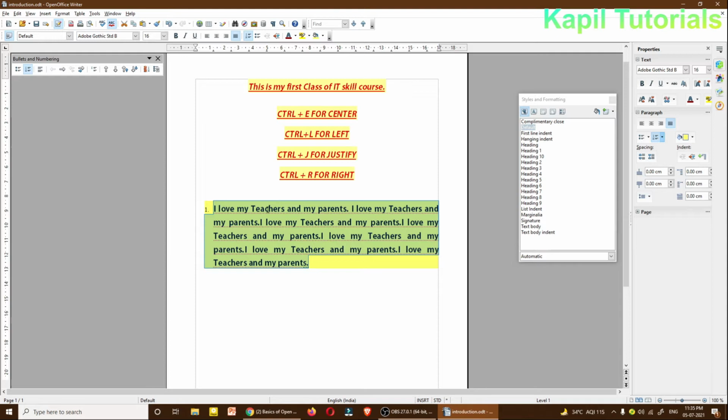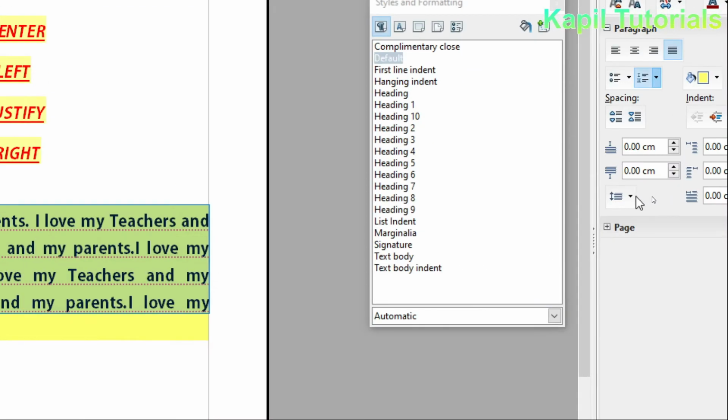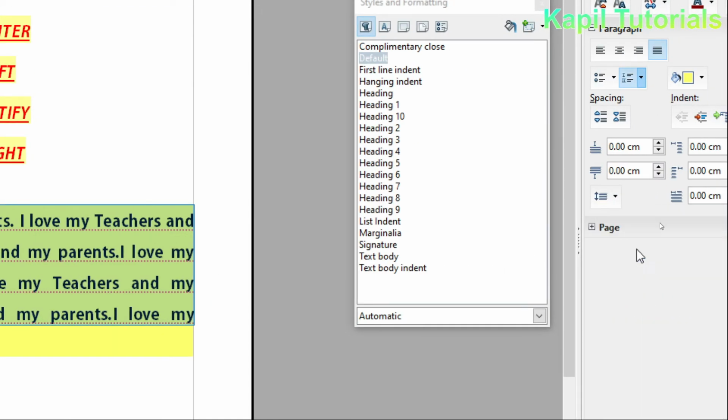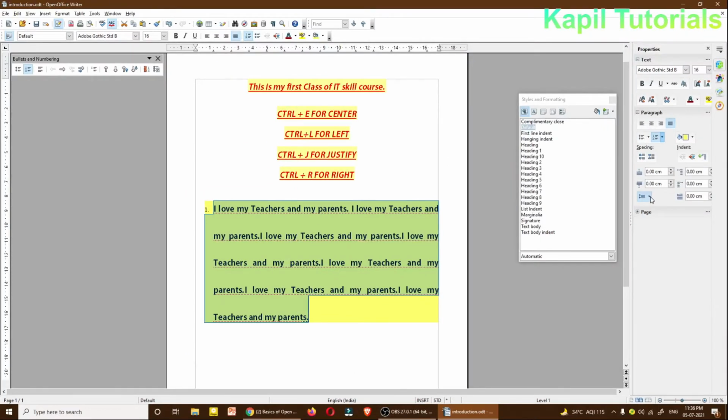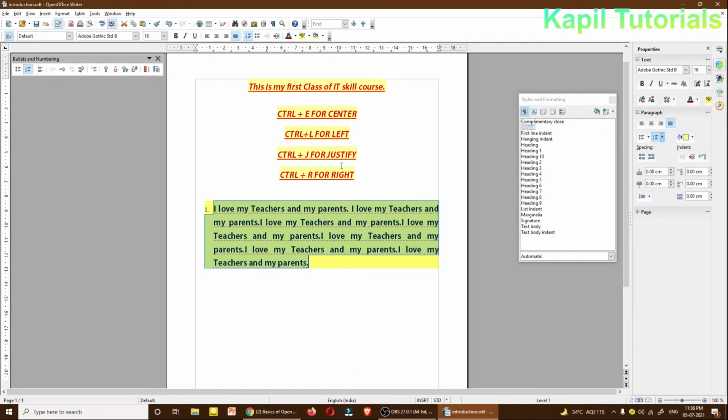So by any means you can select your text. By selecting this, if I want to change the line spacing, I can change in this way. So I hope it is very much clear to you.